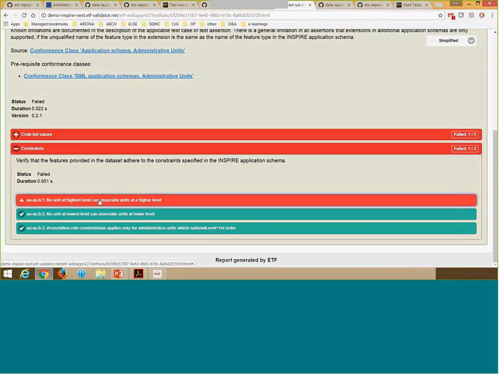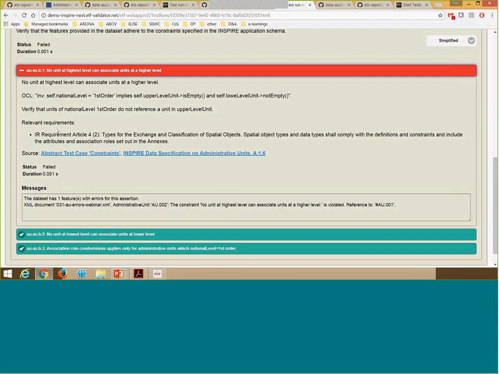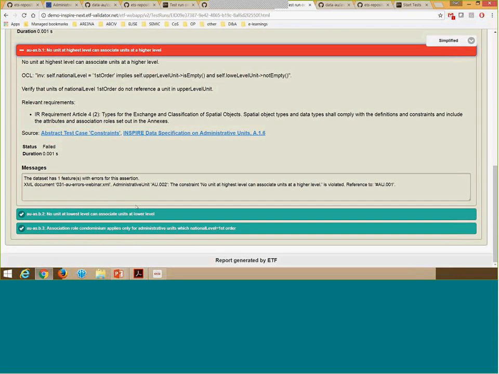And you see that there was indeed an error in the "no unit at highest level can associate units at a higher level" part. And here you can see that the administrative unit AU002 is referencing AU01, and both are of the same level, the first level. So this is not okay and should be fixed, of course.